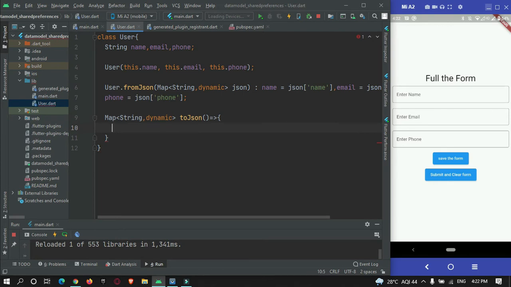So here we need to map, first key is name, assign it to name. Second is email, assign it to email.